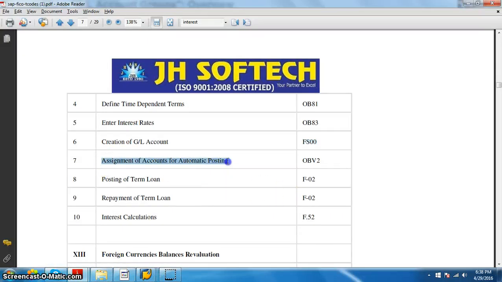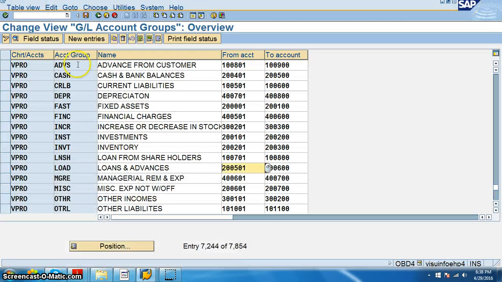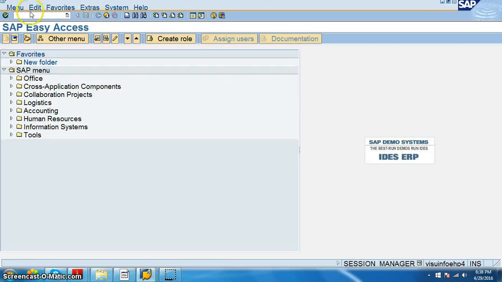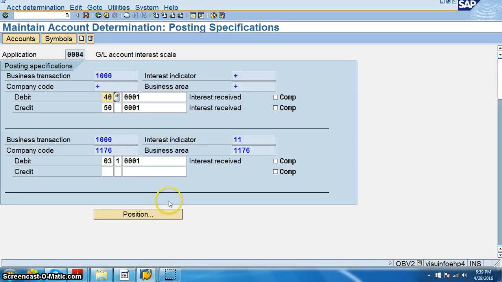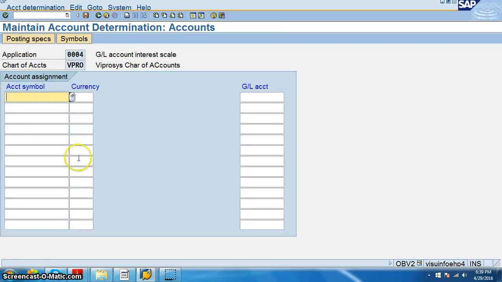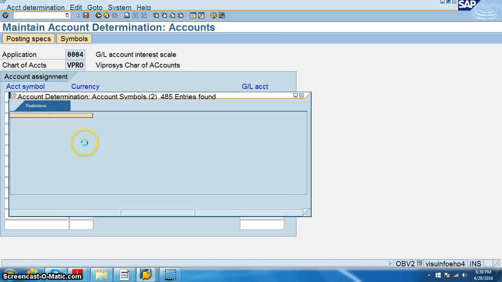Now assignment of accounts for automatic postings, OBV2, assignment of document accounts. So we have to go for accounts, VPRO, okay. So account symbol, we can give some account symbol here.